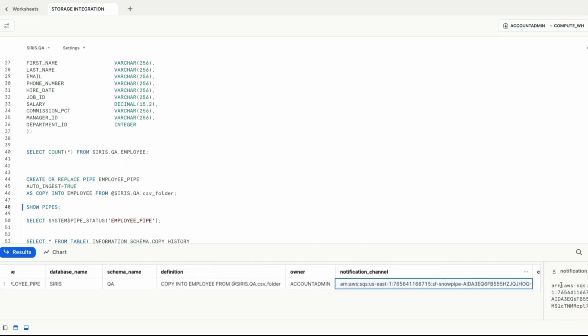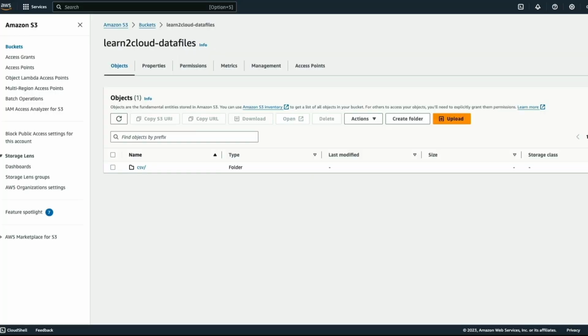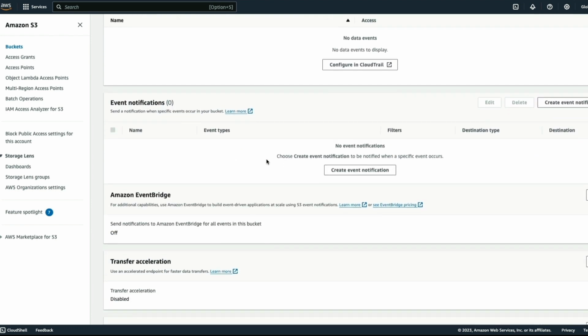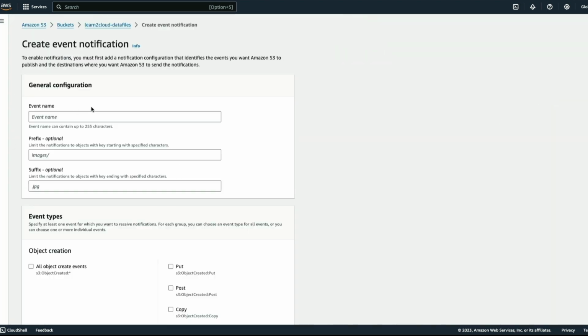Out here there is a notification channel. I need to use this notification channel and configure the same in S3. My bucket is Learn to Cloud Data Files. I'm going to go to Properties and I'm going to look for event notifications, create event notifications,